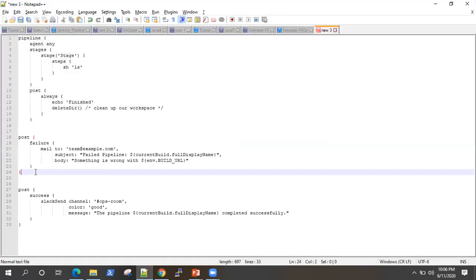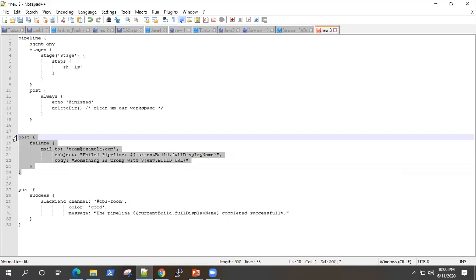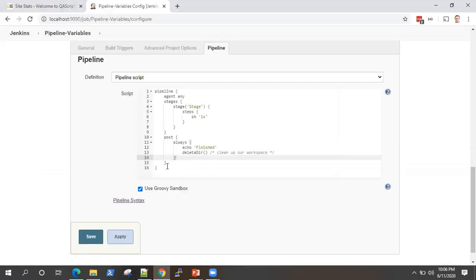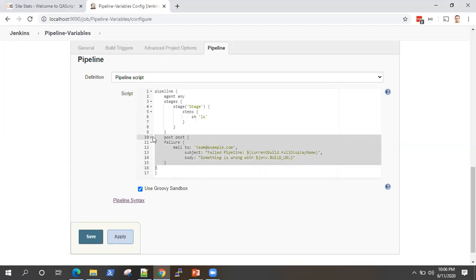Now coming to notifications. There are different kinds of notifications which you can perform on Jenkins. One of them is sending an email, right? We can send an email to a particular team and the subject could be our pipeline failed.